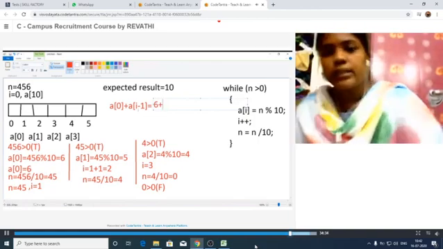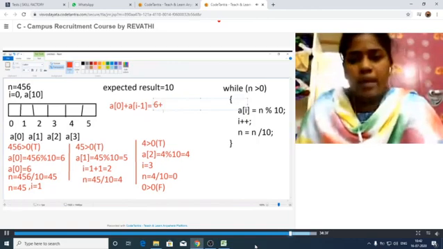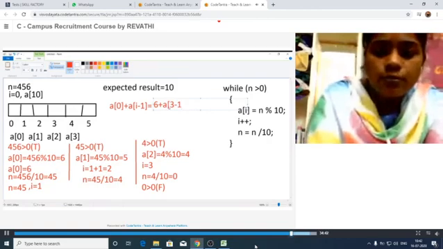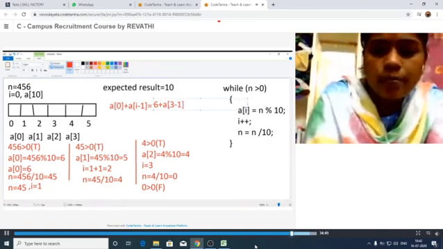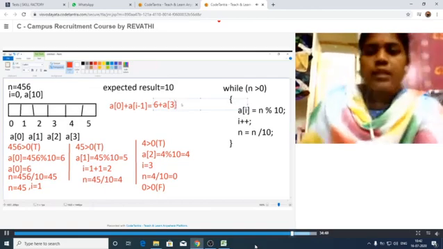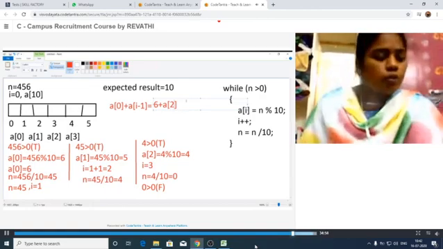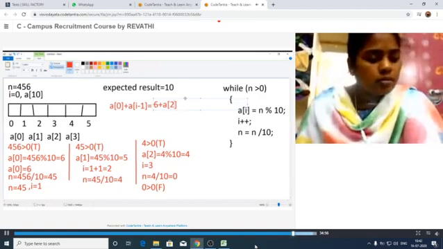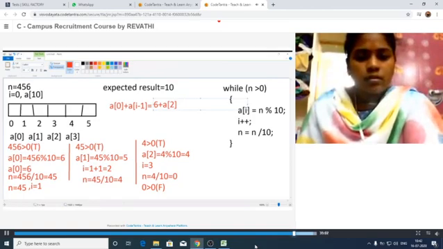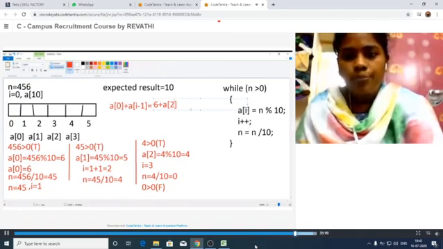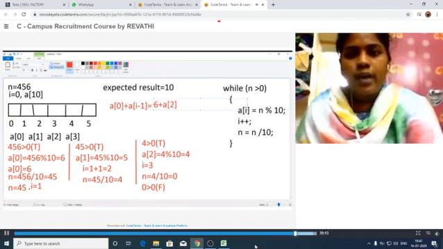What is the I value here? I is equal to 3. 3 minus 1, that is A of 3 minus 1. That means the index is 2 here. What is the value in our A of 2? Check here. The value in our A of 2 is 4 here.